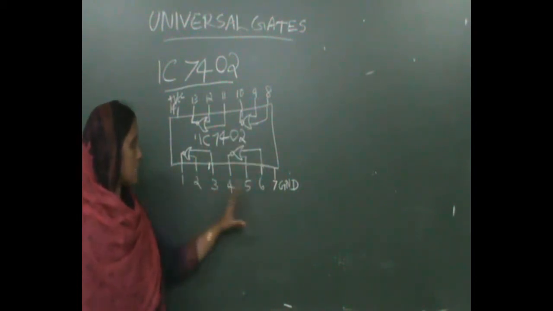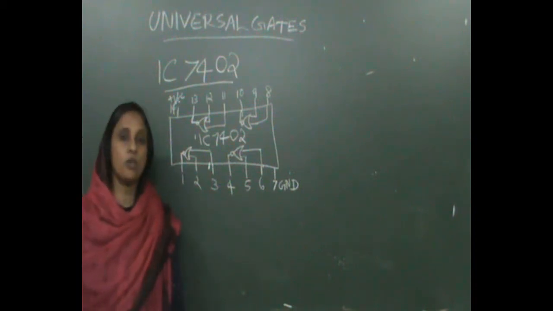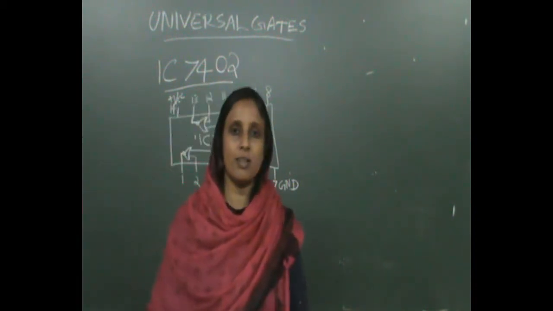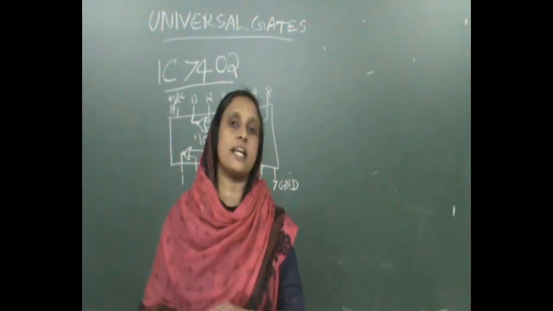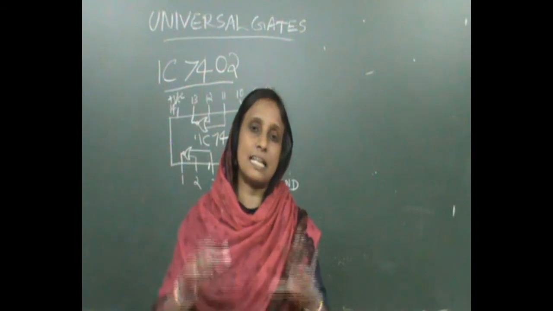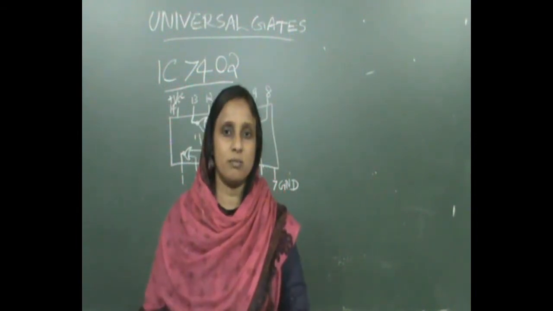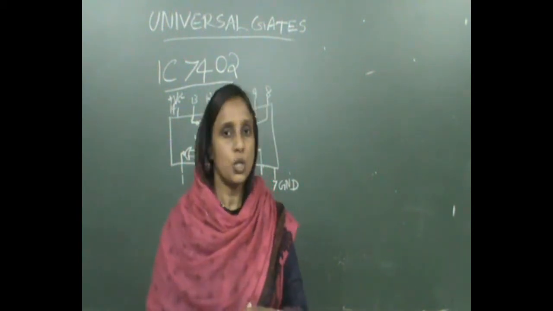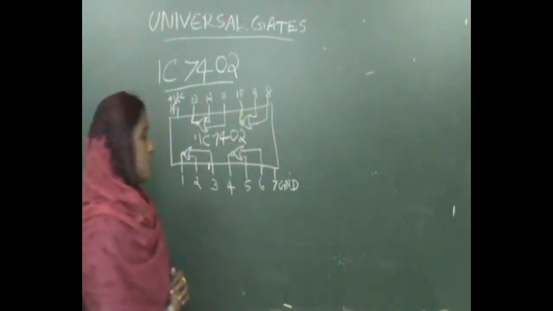In this TTL circuit, you have 4 NOR gates like this, NOT OR gate. We already discussed that these NOR gates are called universal gates. So we can construct any gate from this NOR gate. Now we want to prove it. How can we construct all the fundamental gates using this NOR gate? That is what I want to discuss next.